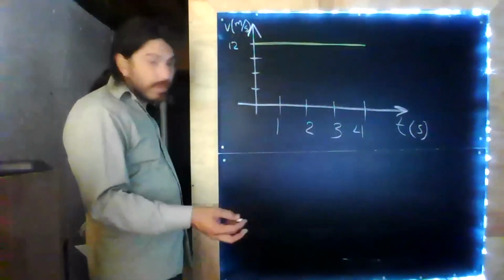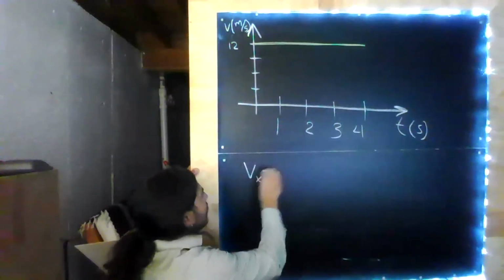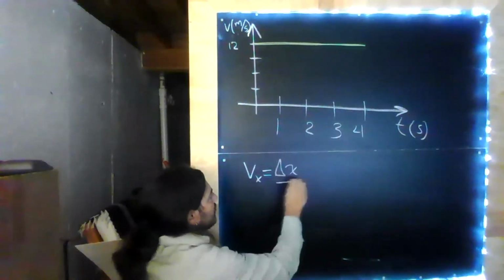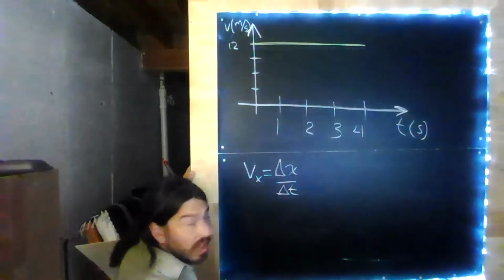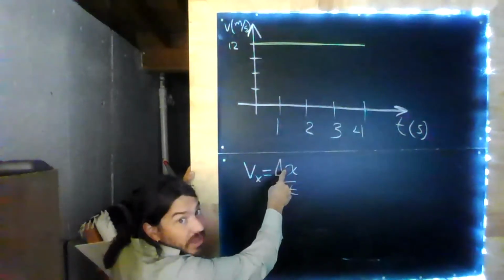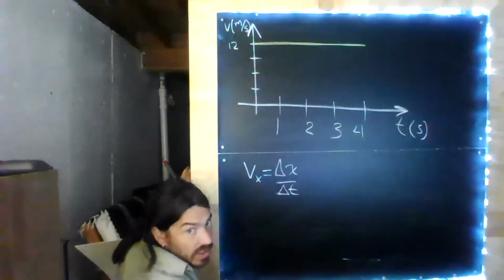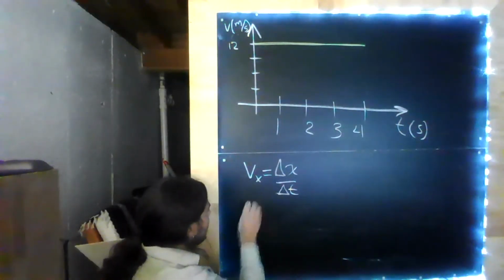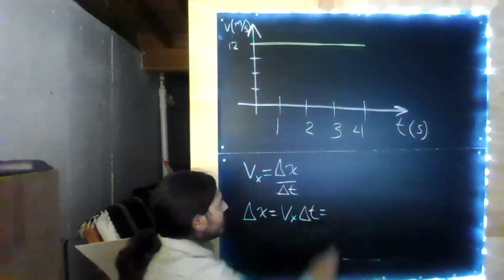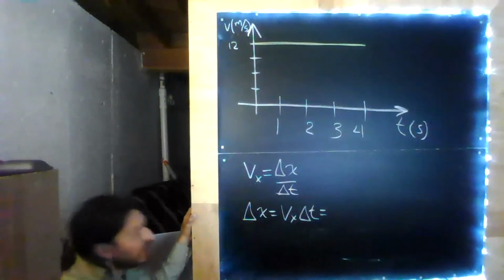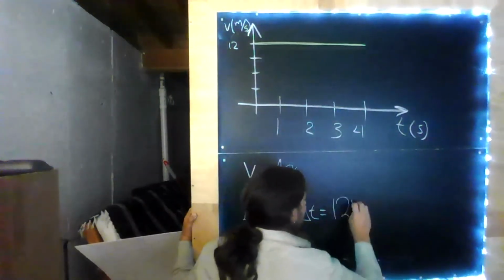Well, let's remember our equation that says that the velocity in the x direction is delta x divided by delta t. Well, it said, how far did the car travel? Change in position is what we're looking for. So we could do some quick algebra here, and we could see that delta x is equal to v sub x times delta t. So plugging in our numbers, we get velocity as 12 meters per second